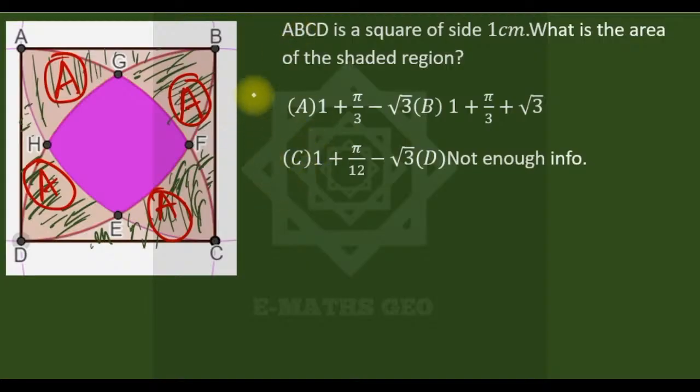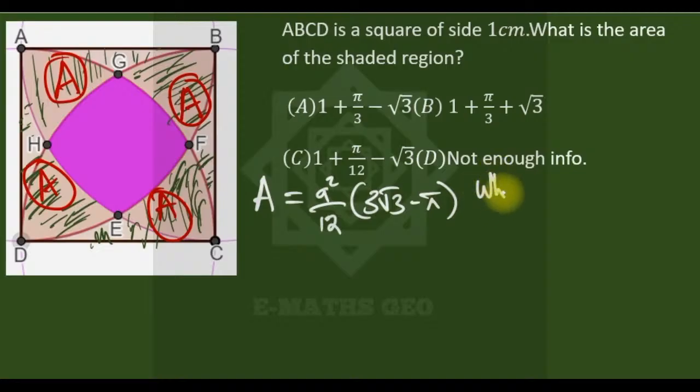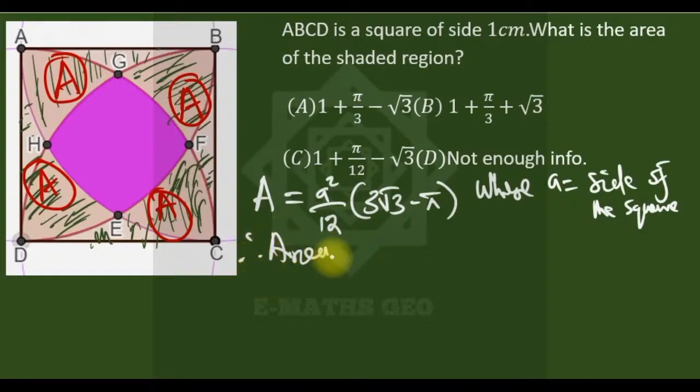I'm going to prove that the area here is equal to a squared over 12 times 3 root 3 minus pi. I'm going to prove it, where a is the side of the square. So we have 4 of them. Therefore, the area we are looking for, which is this B,